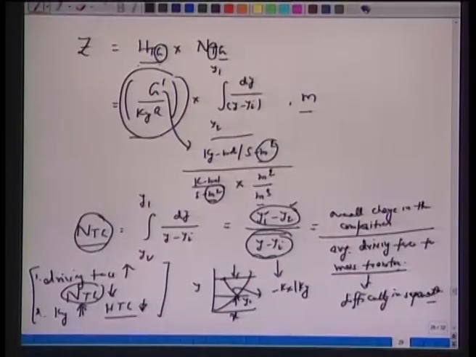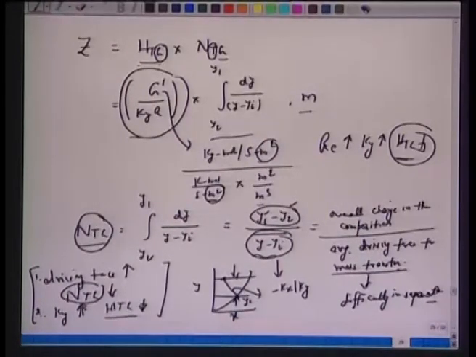Similarly, the height of a transfer unit. If the Reynolds number is very large, the mass transfer coefficient will be large and the height will be smaller. So, for a given separation, we require a very small column to cause a change in the compositions across any differential element or across a transfer unit, and the two together multiplied give you the height of a column. All right.